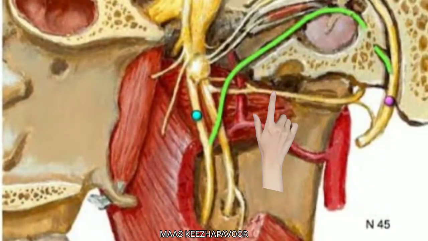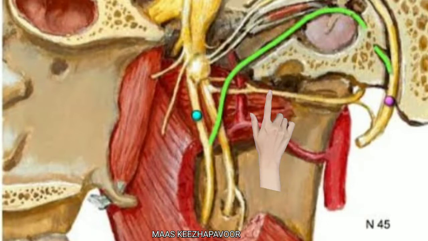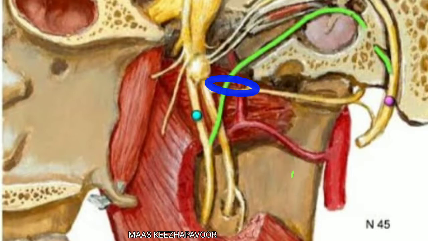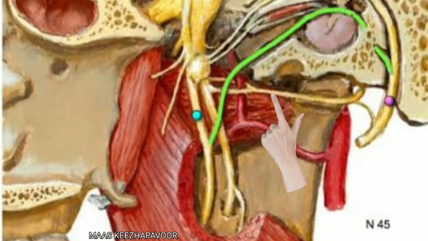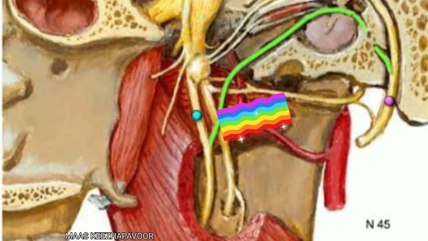The auriculotemporal nerve is given off in the infratemporal fossa from the posterior division of mandibular nerve. It arises by means of two roots running backwards, encircling the middle meningeal artery and unite to form a single trunk. It runs lateral to the spine of sphenoid, lying deep to lateral pterygoid muscle.